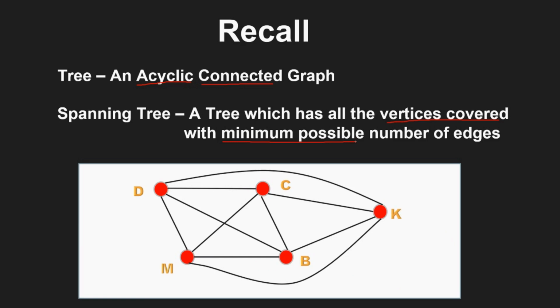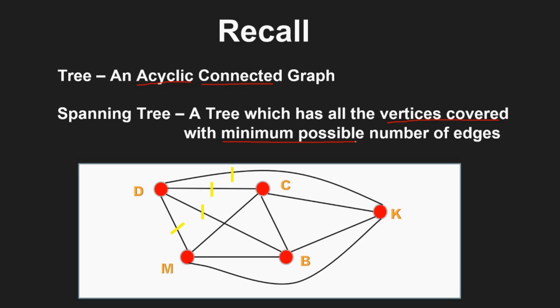Currently, this network is a complete graph with 10 edges. We want to have a network where all these cities are connected and we use the minimum number of edges. This is actually when we get a spanning tree. One such spanning tree will be when we connect Delhi and Chennai, Delhi and Bangalore, Delhi and Mumbai, and Delhi and Kolkata.